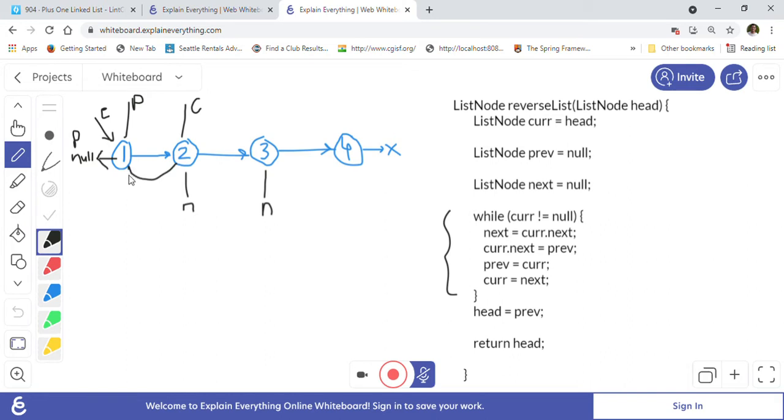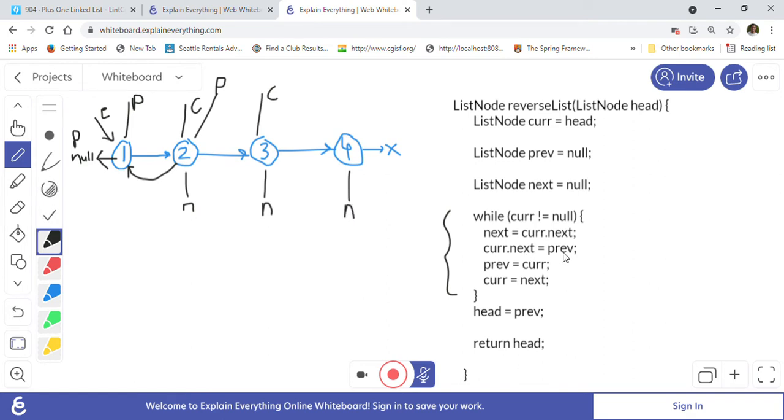So prev means it will point like this, right? And then prev is equal to cur, so prev will now point to where cur is right now. Prev will go here, and cur is equal to next, so cur will now point here at the end of the loop. Now the loop will execute again. Next is equal to cur dot next, so next will move here.